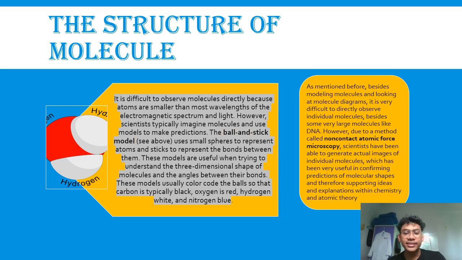The ball and stick model uses small spheres to represent atoms and sticks to represent the bonds between them. These models are useful when trying to understand the three-dimensional shape of molecules and the angles between their bonds. This model usually uses color-coded balls so that carbon is typically black, oxygen is red, hydrogen is white, and nitrogen